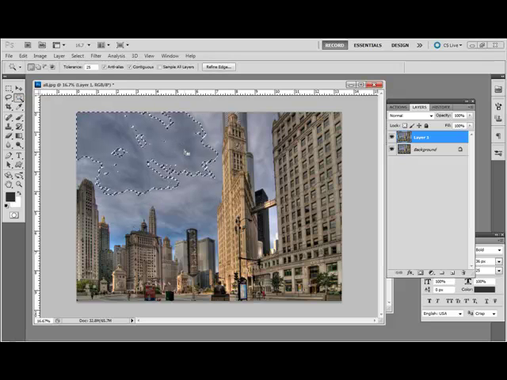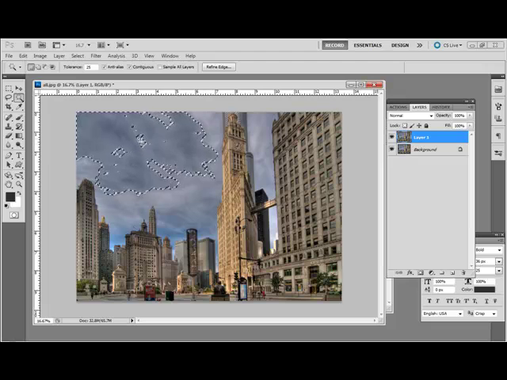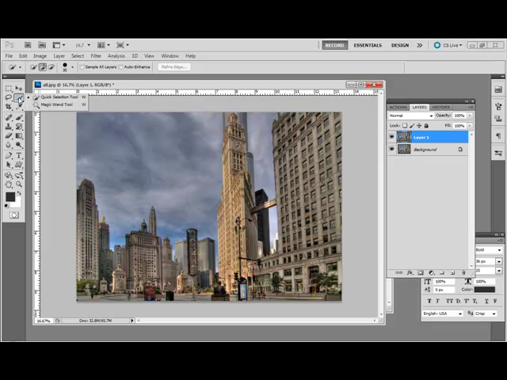If I click in here, what we're getting is a lot of different marching ants. Now yes, I can Shift click to add to the selection. You could of course work with the tolerance a bit better, but I'm just going to show you another tool because you may prefer it, and sometimes it just works better, which is the Quick Selection tool. What you do here is you hold the mouse down and you drag through the